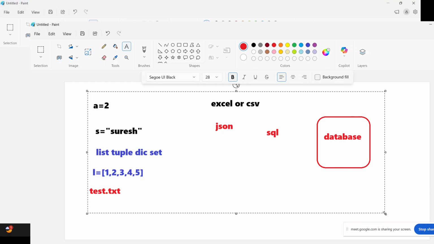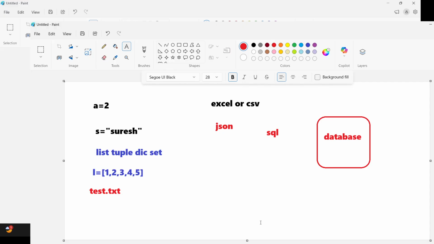It's not just for Python. You can learn any technology and you will find only these formats. Nowadays, the most commonly used are these three: API and JSON, SQL database, and CSV or Excel. We have seen all the formats, only one part is pending, that is SQL.